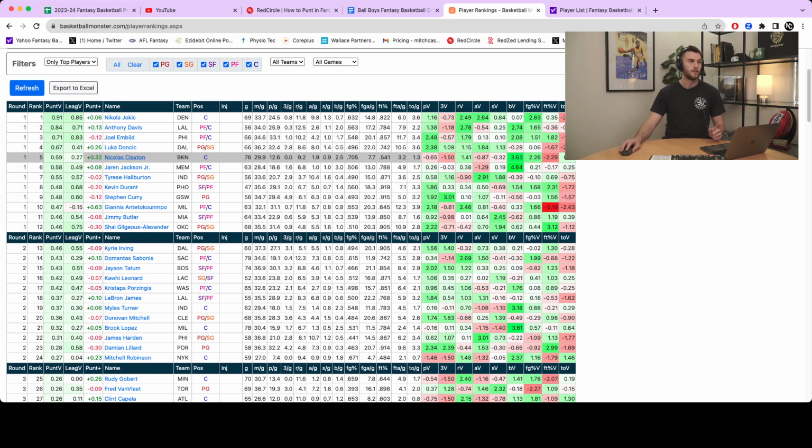However, if I pick Nicholas Claxton, he's only scoring 12.6 points. He's not shooting any threes per game. There are a few question marks, like is he going to be staying on this team, or is he going to be traded? 2.5 blocks is a lot to hold, and if that drops a little bit, then he's going to lose some points there. So I could go with a Domantas Sabonis.